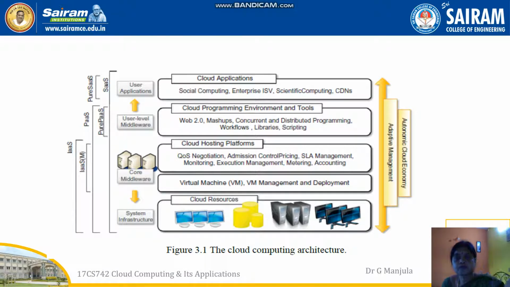So these are some of the parameters we must have knowledge of, and how they are taken care of. Similarly, all these 3 layers have adaptive management; I can configure them as per the request, as per the category, because we also discussed the types of clouds. Based on the specific cloud, if it is a community cloud, how can I manage it, how can I configure it, how can I adopt the changes? Similarly, how the economy will be concentrated, and how things can be modified automatically. So this is about the basic fundamental architecture of cloud computing.